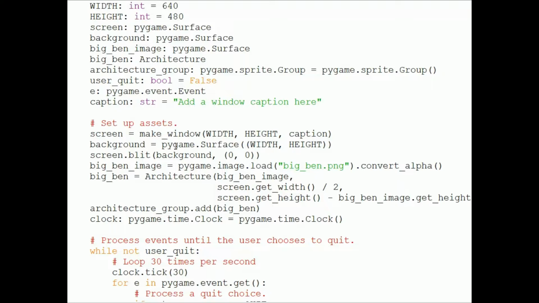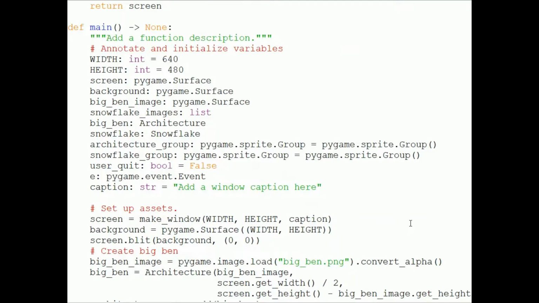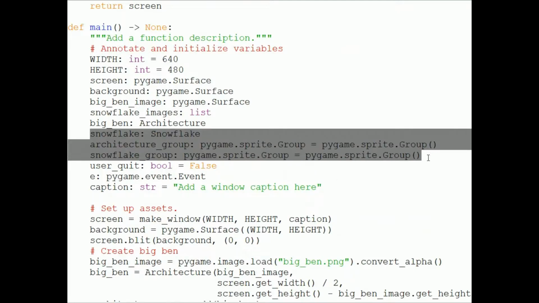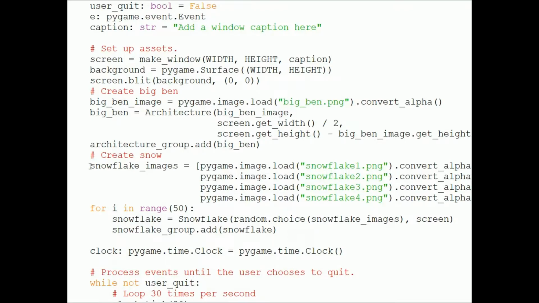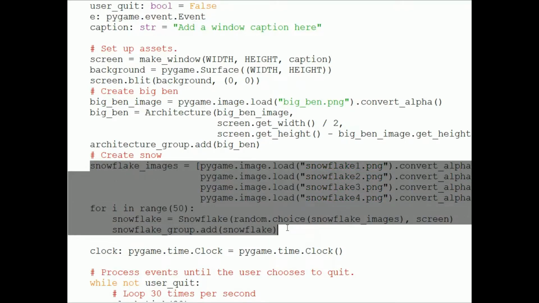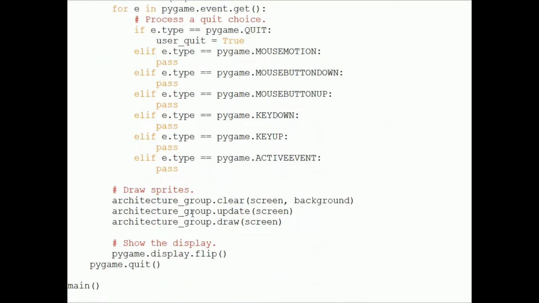I thought 50 snowflakes looked pleasantly snowy and not like a blizzard. I'll add that code in and come back. Now down where we update and draw, we're going to clear, update, and draw back to front. So Big Ben is behind the snowflakes. So we'll do Big Ben, then the snowflakes,